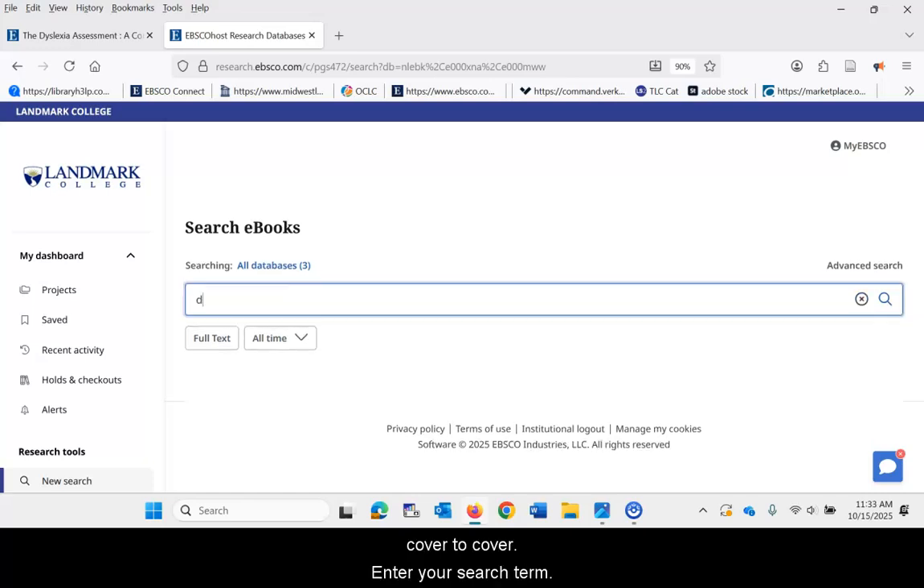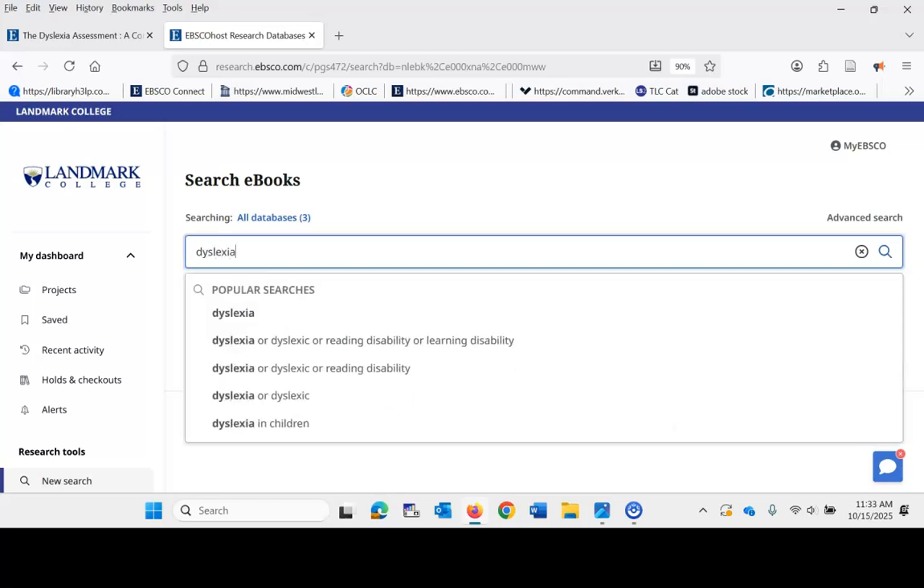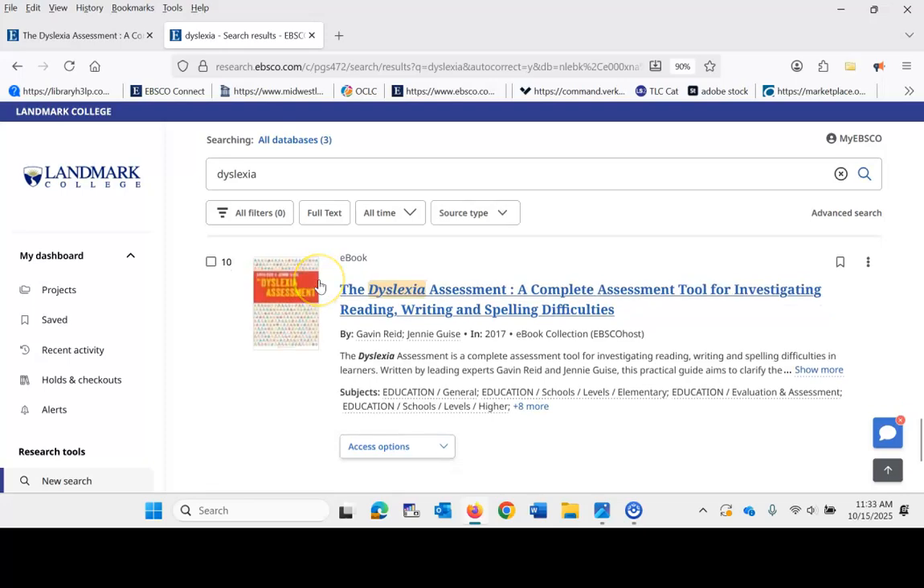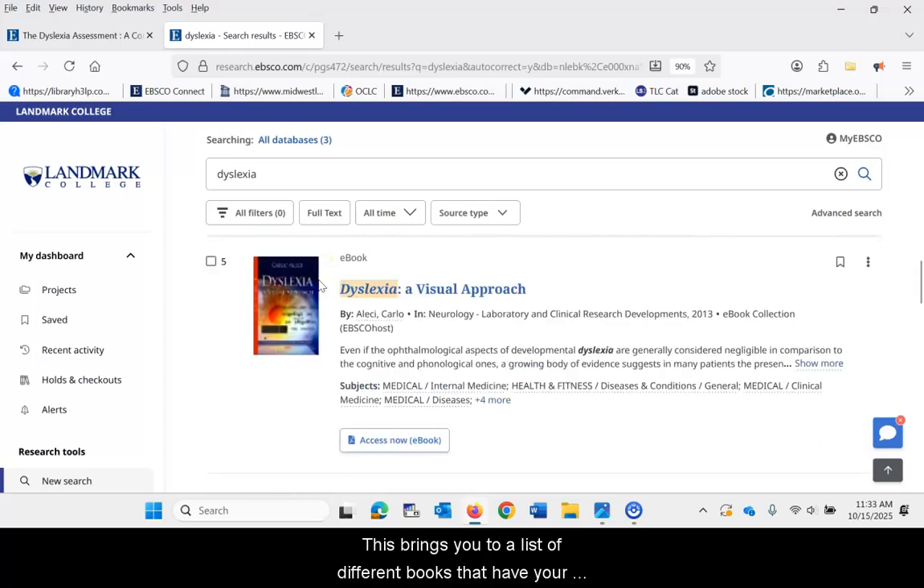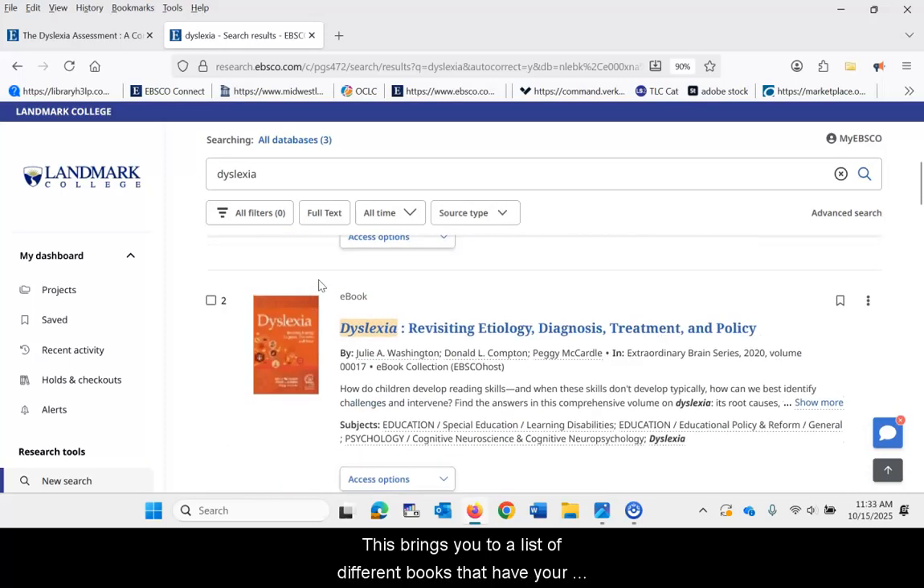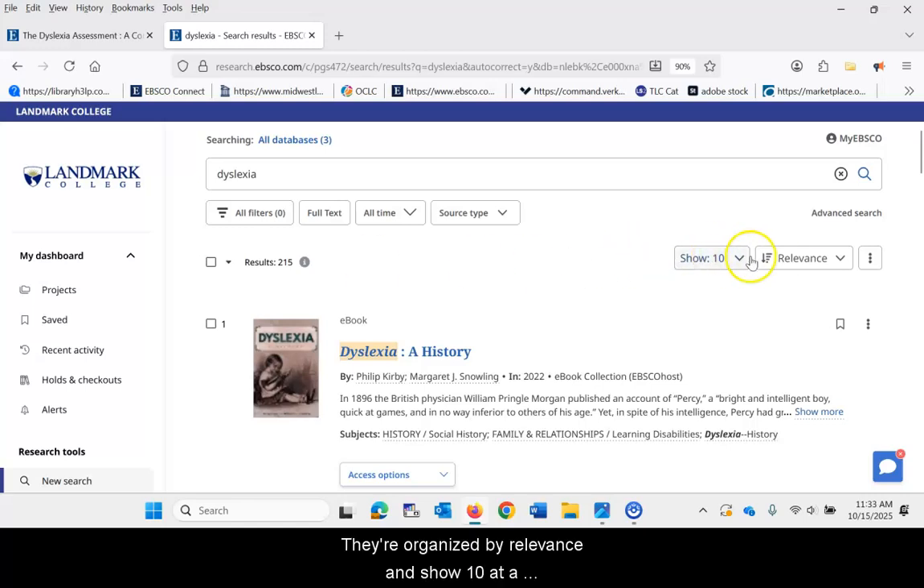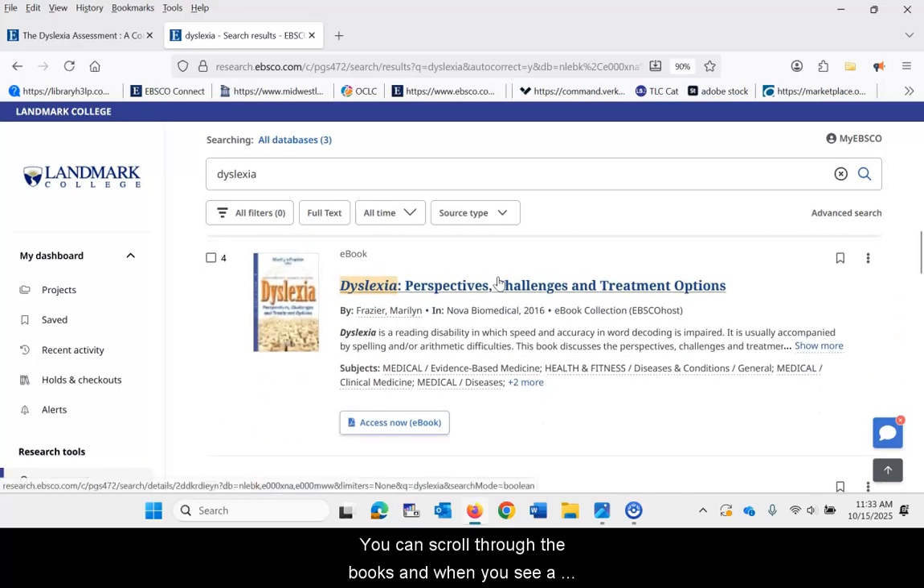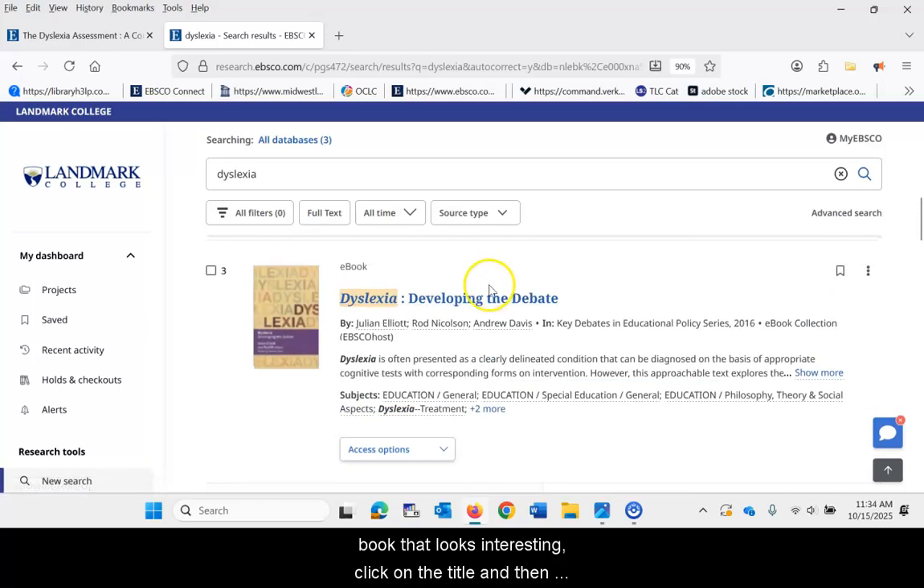Enter your search term. This brings you to a list of different books that have your search term in it. They're organized by relevance and show 10 at a time, but these can be changed. You can scroll through the books, and when you see a book that looks interesting, click on the title,